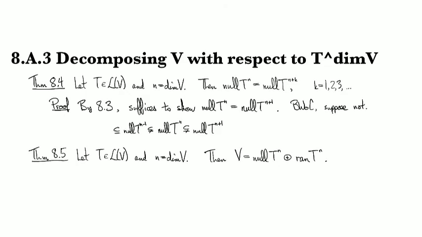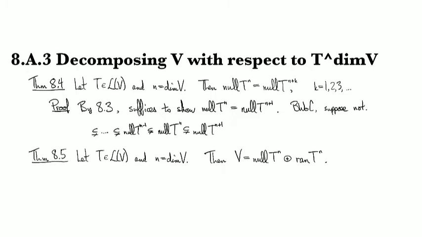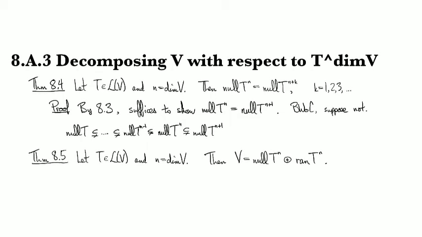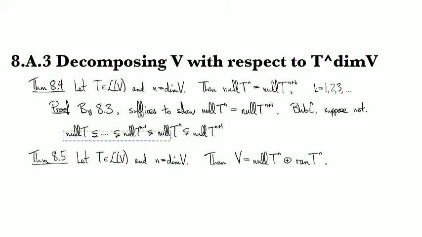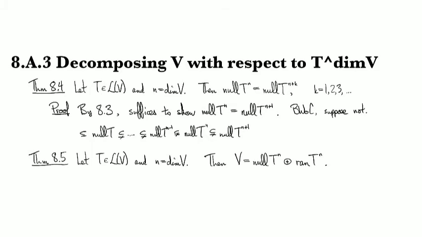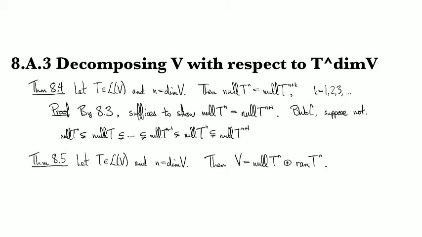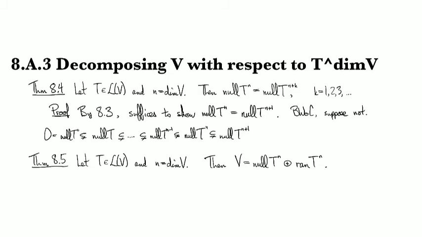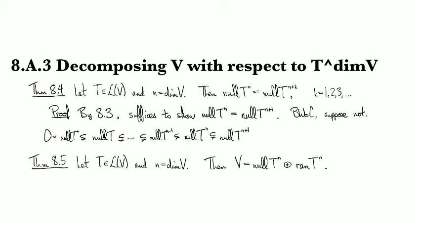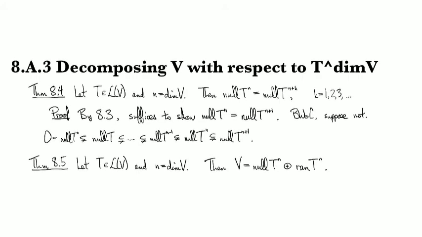and all the way back. And actually, all the way back is really all the way back when we get to the identity, which is T to the 0, which has null space equal to 0. Okay, so then we've got this. So now take a look at this sequence.